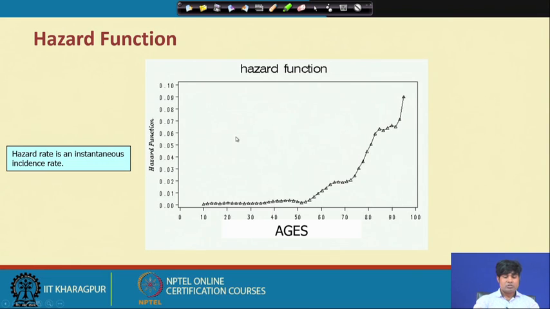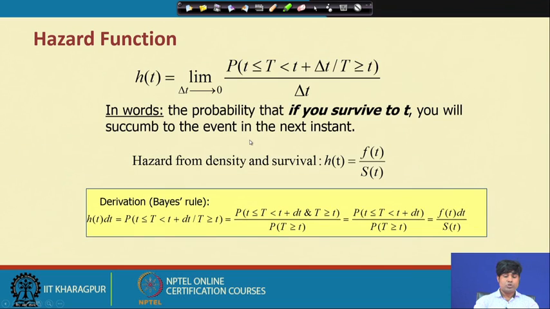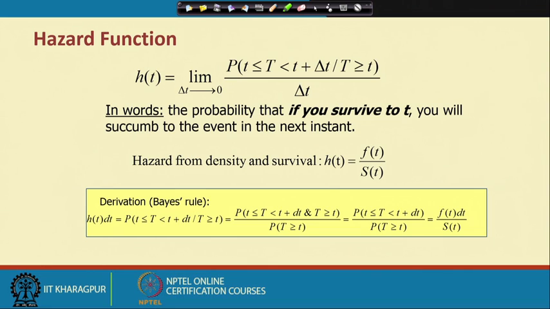The hazard rate is a kind of incidence, what is happening, and with respect to age, how the occurrence happens is what you have to first predict. That means technically, as usual, we have to go for plotting and check what is exactly happening. Corresponding to whatever we have discussed, for the hazard function, instead of S(t) we can call it h(t). The same structure applies: the probability that if you survive to t, you will have an event, and the hazard function is h(t) equals f(t) divided by S(t),